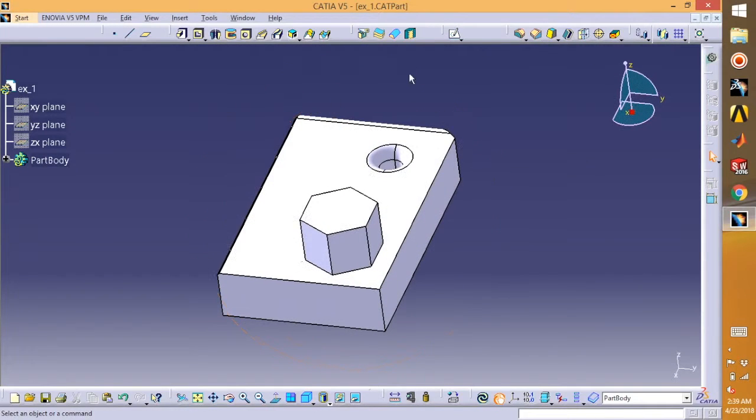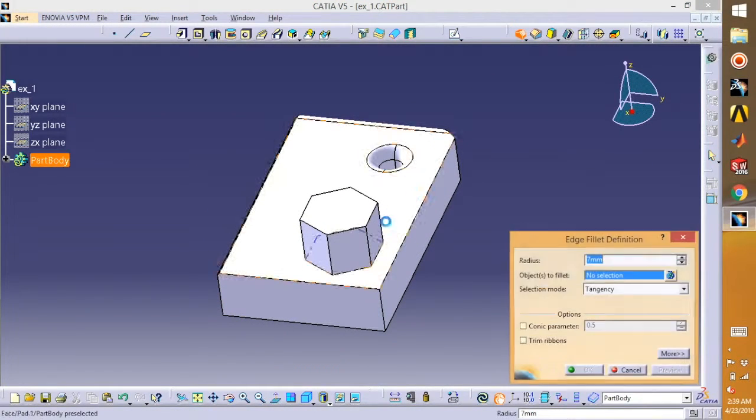Let's give some more fillets. You can select multiple edges and give them same radius for the edge fillet. So just hold control and select your edges. Right now I'm holding the control and I'm selecting all the edges. After that, adjust your radius, preview, okay,